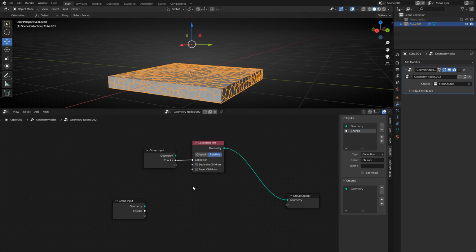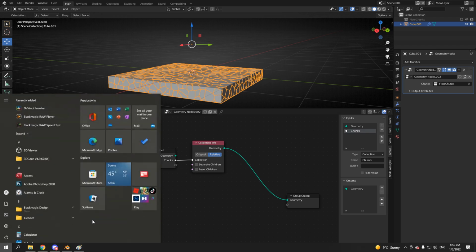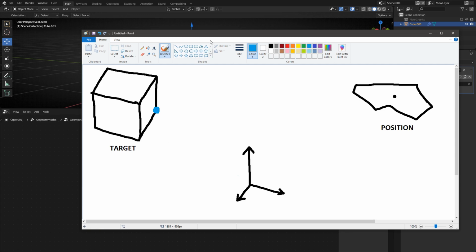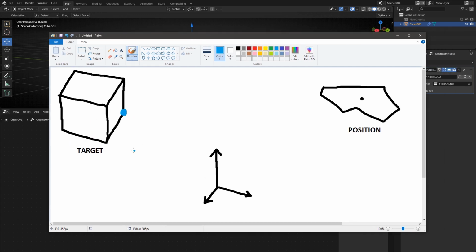But how are we actually going to move the chunks the way we want? Well, for that, I'm going to need to pull out my paint. That's right. So, if this is our target object, the target object is going to be the geometry of our object and what we're going to use to control the chunks with. And this is some random chunk. What we want to know is the distance between them and also a position on the closest distance. For example, if the closest distance between these two chunks is a straight line from here to this blue point right here,